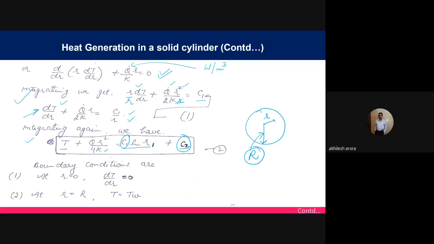So it's quite easy. You know the boundary conditions. If I take r equal to 0, means at the center. So this is the center line, center of the cylinder. So at the center of the cylinder, when r is equal to 0, there won't be any change in the temperature, because it is the heat which is being generated at this particular point. So we can say that this value dT/dr is equal to 0. So let us see what is the value of either c1 or c2 that we get when we put dT/dr equal to 0.